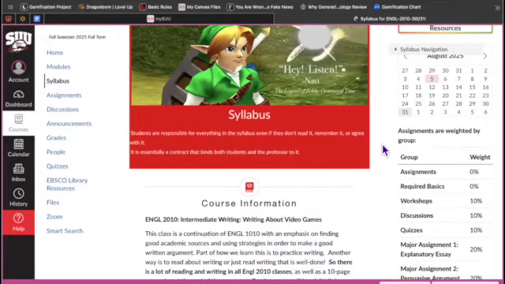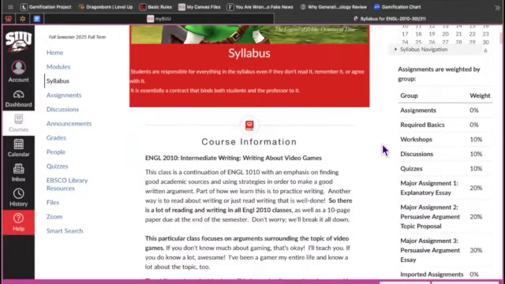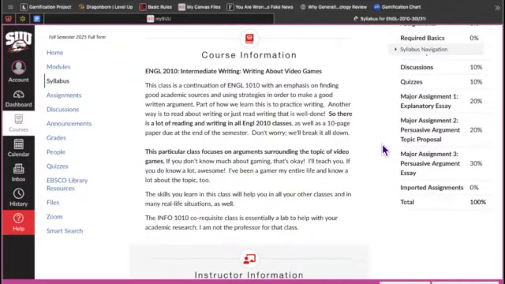So anyway, point is read the syllabus. It also tends to bite you in the butt when you don't read the syllabus because you're responsible for it, whether you read it or understand it or remember it or not. It's a contract. And so at the end of the semester, when you're scrambling, if you haven't been checking the syllabus periodically, kind of rereading it, it can come back and cause you problems. And there's nothing you can do about it. And honestly, there's not a lot the professor can do about it. We have rules we have to follow too. So we might really care. A lot of times we do really care. And there's still nothing we can do in certain circumstances after the fact.